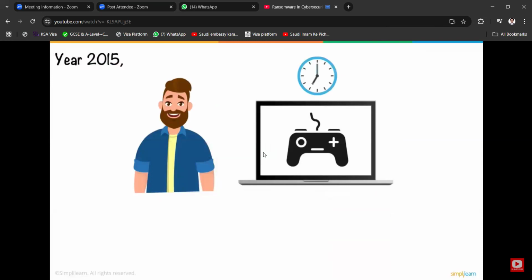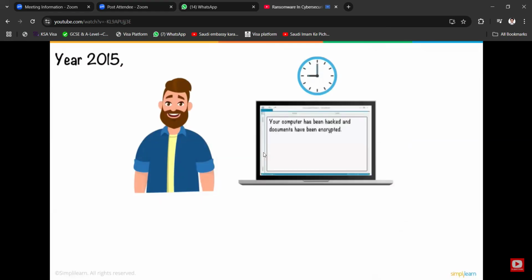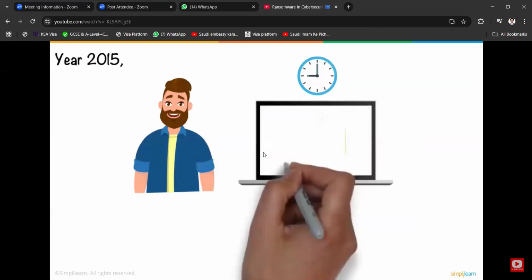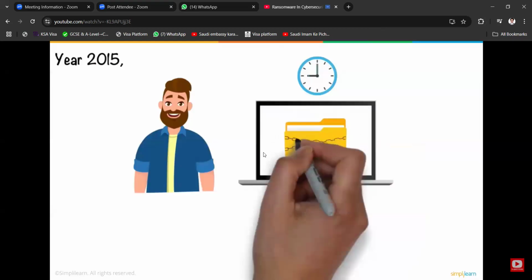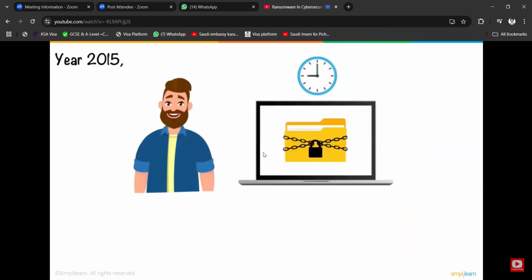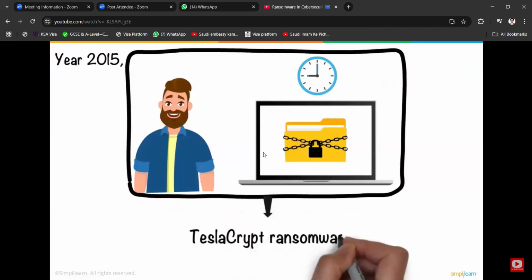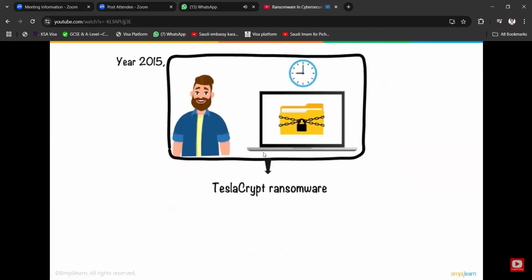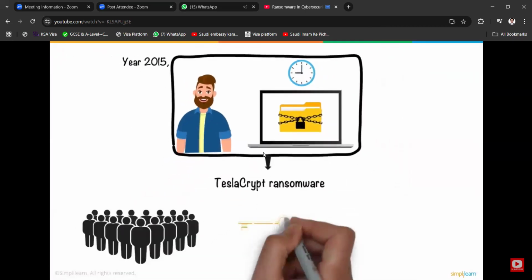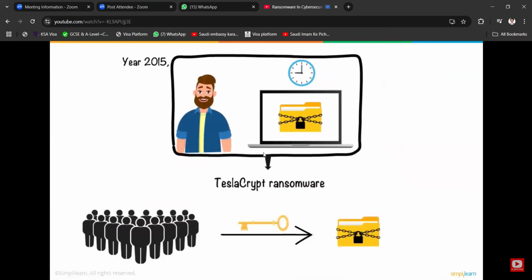It's the year 2015, and Richard has just finished playing games on his computer. After a long gaming session, Richard tries to shut it down, but finds a random text file on the desktop that says ransom note. The text file mentioned how a hacking group had encrypted Richard's game files and private documents, and he had to pay a ransom of $500 worth of Bitcoin to the specified Bitcoin address. Richard quickly checked his files, only to see them encrypted and unreadable. This is the story of how the TeslaCrypt ransomware spread in 2015, which affected thousands of gamers before the master key used for encrypting the files was released.